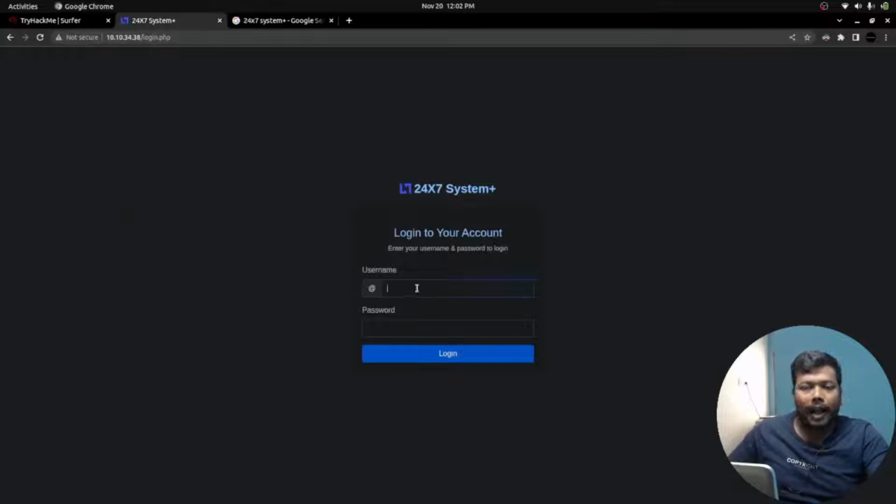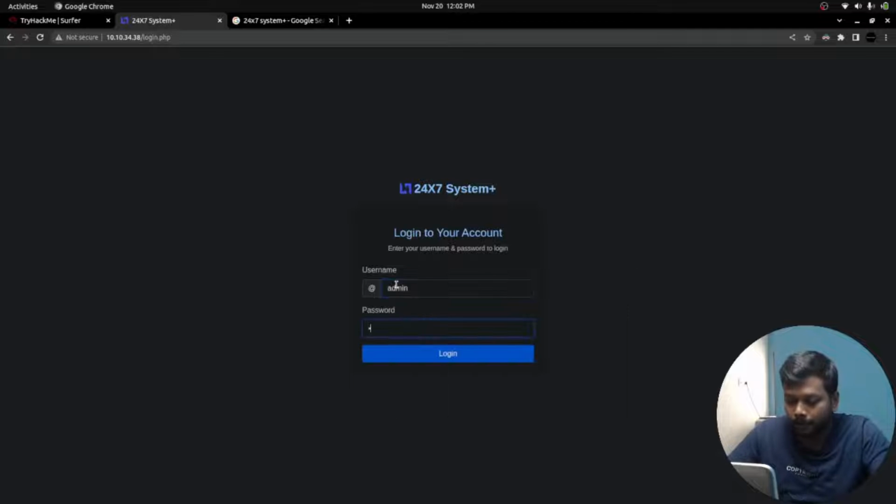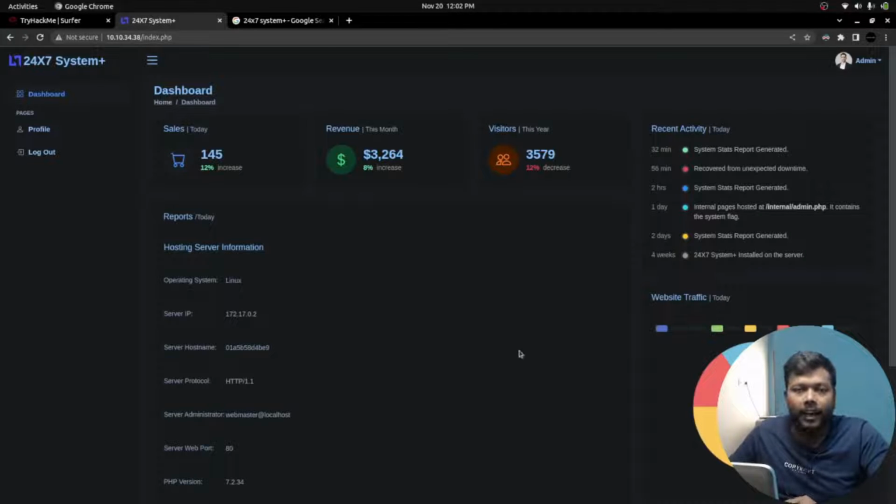Now I just decided to try random credentials like admin, guest, admin password, like that. So let's try that. I simply tried username admin, password admin, and it let me in. So here you can see it looks like a monitoring dashboard, and I can see some sales data here, revenue, visitors, and in the recent activity dashboard I can see some